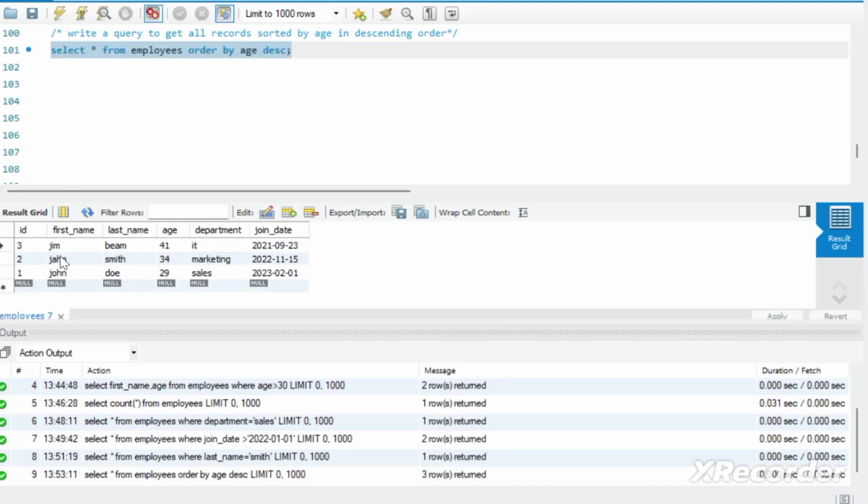See, now we have got three records where the ages are arranged in descending order, that is 41, 34 and 29. So here we made use of order by clause, and desc is used to arrange the ages in descending order. Okay,